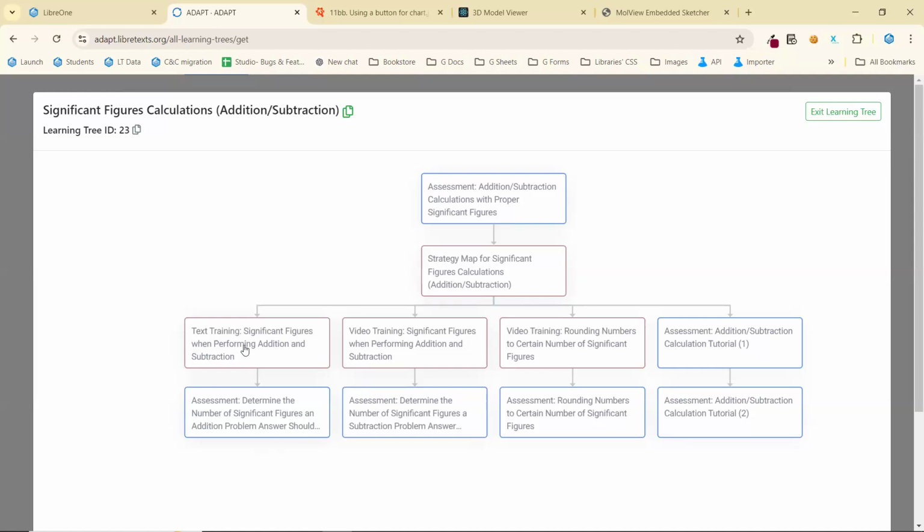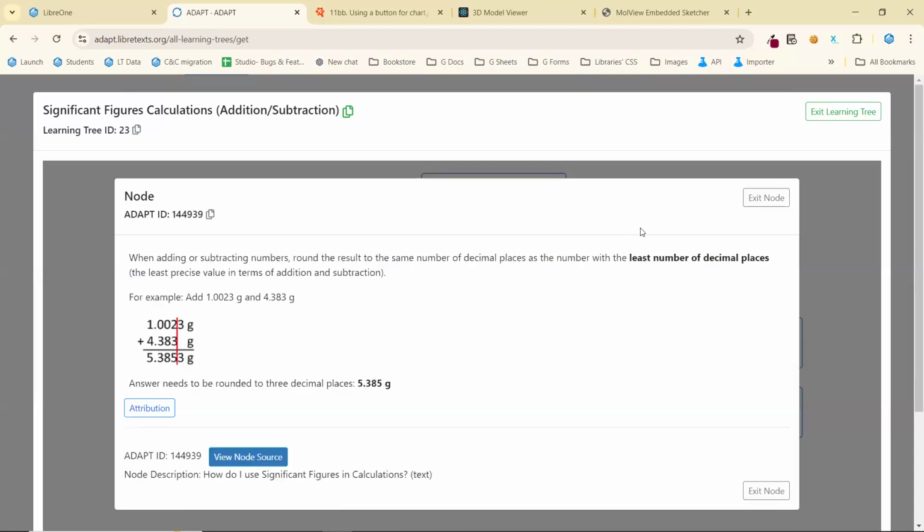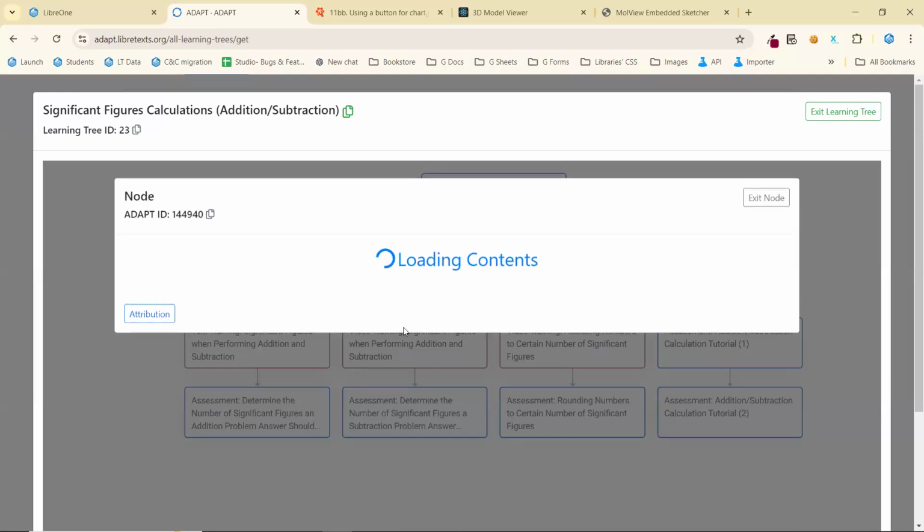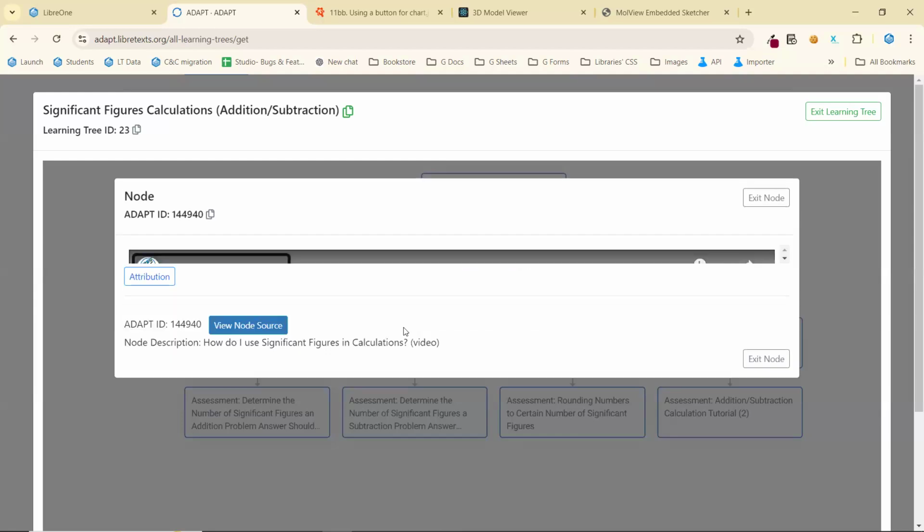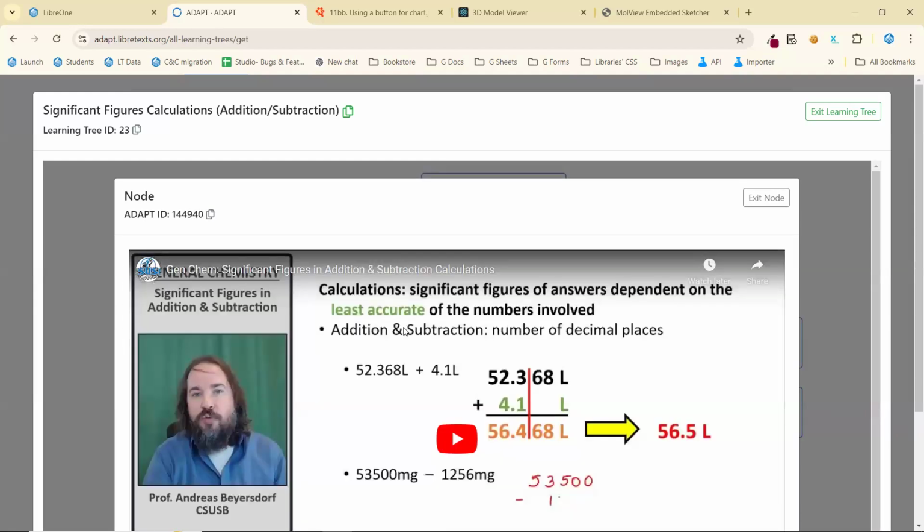Or I want to understand adding and subtracting, but I want to either get text training behind it, which is really simple, or it could be a little bit complicated, or it could be a video. They prefer to actually have a more engaging interaction than just text-based. Alternatively, you could even put a Socratic-based visualization approach or guided inquiry where students can actually work through something in order to come to the conclusion that you have there.